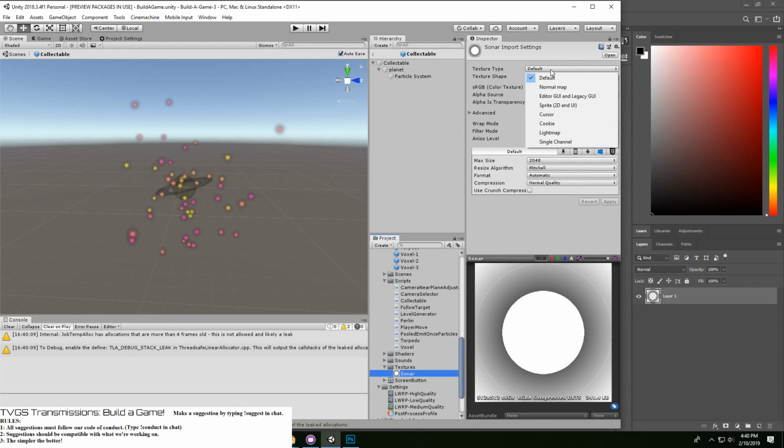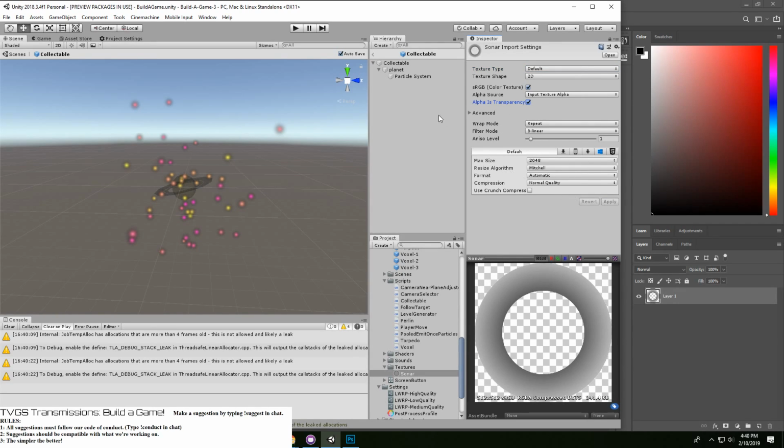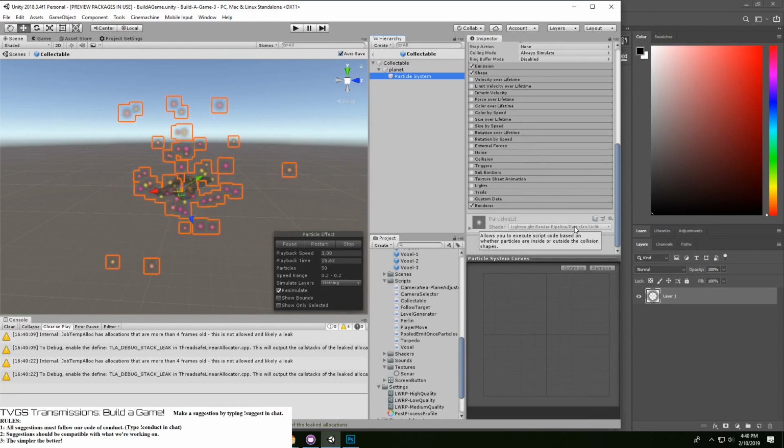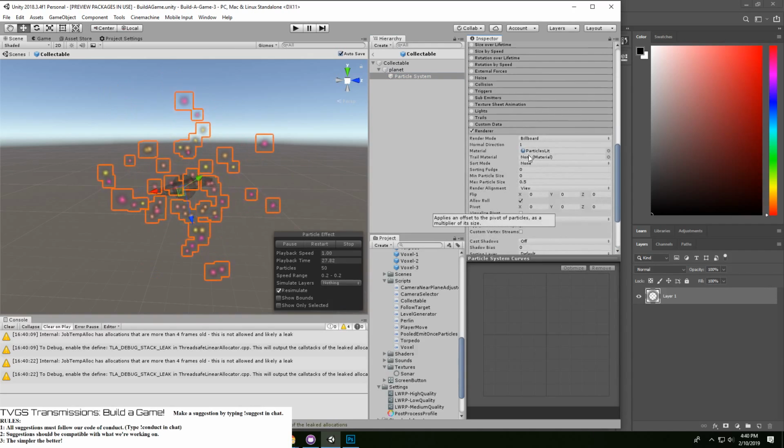There. This one, we're going to make it, that looks fine. This all looks fine. Alpha is transparency. There we go. So the particle system, we chose this for whatever reason. Particle lit.